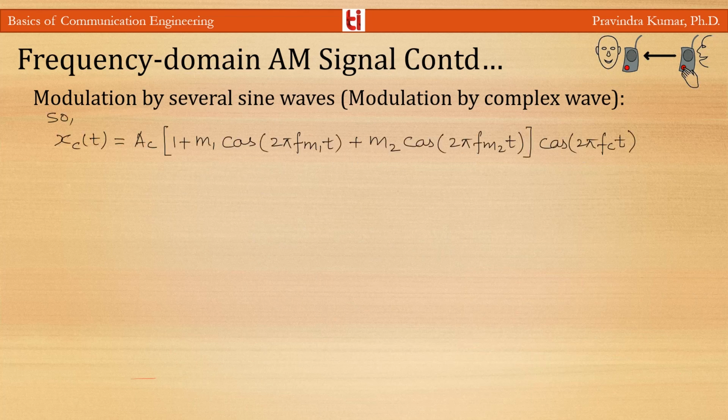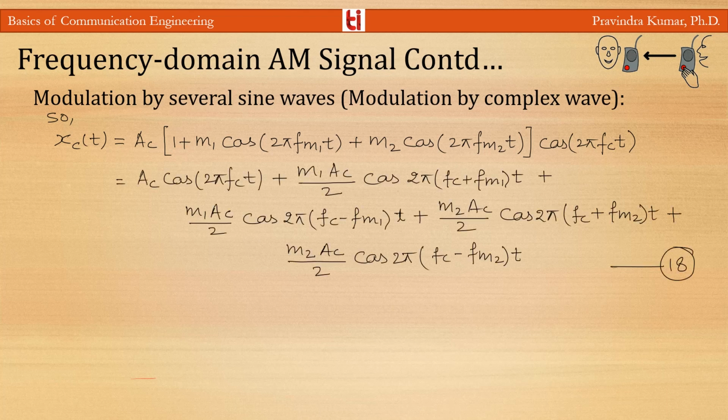And now x(t), we can write x(t) as Ac[1 + m1 cos 2π fm1 t + m2 cos 2π fm2 t] cos 2π fc t. Using the identity 2 cos A cos B equals cos(A+B) plus cos(A−B), the AM wave can be represented as x(t) is Ac cos 2π fc t plus